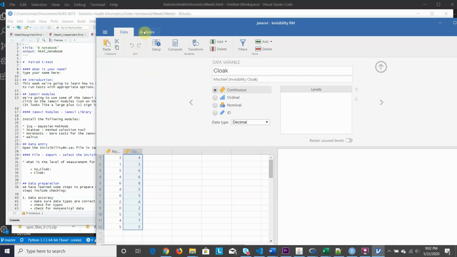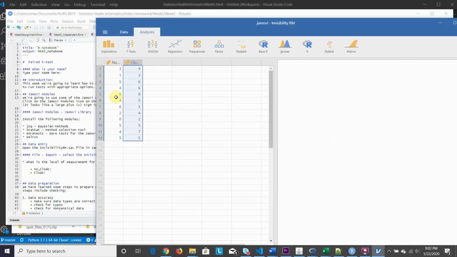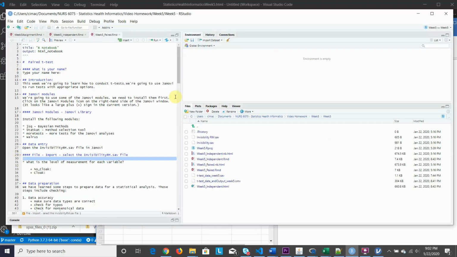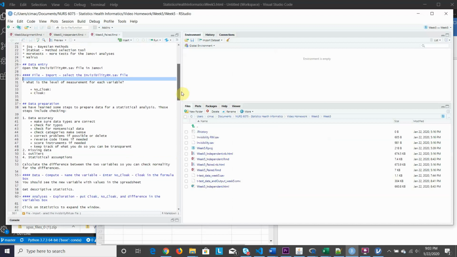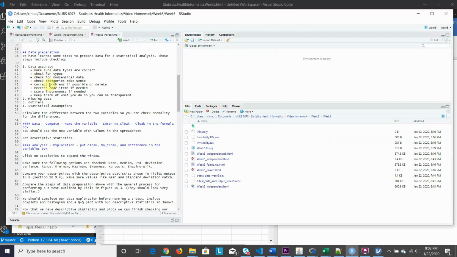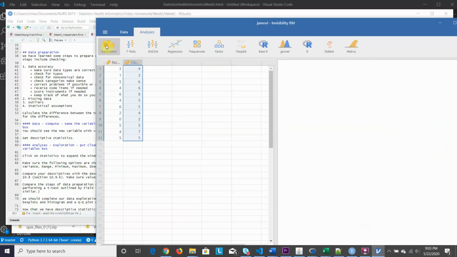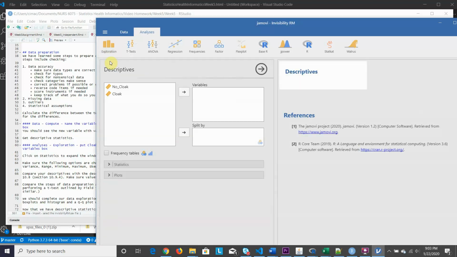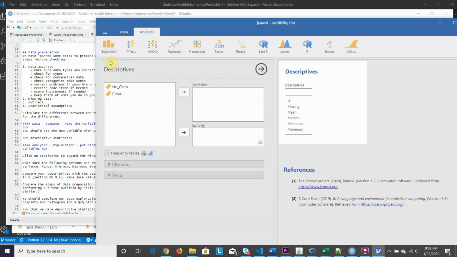Next, we're going to look at making sure that we don't have any problems. We're going to follow the steps that we have been going over all semester. First, looking at some data accuracy, looking for missing data, outliers, and so we're going to get descriptive statistics. So we're going to go into Jamovi and into exploration and descriptives, but before we do that, we should